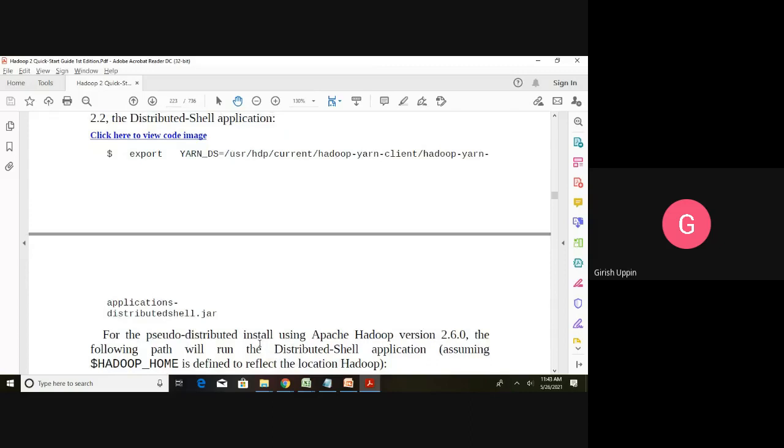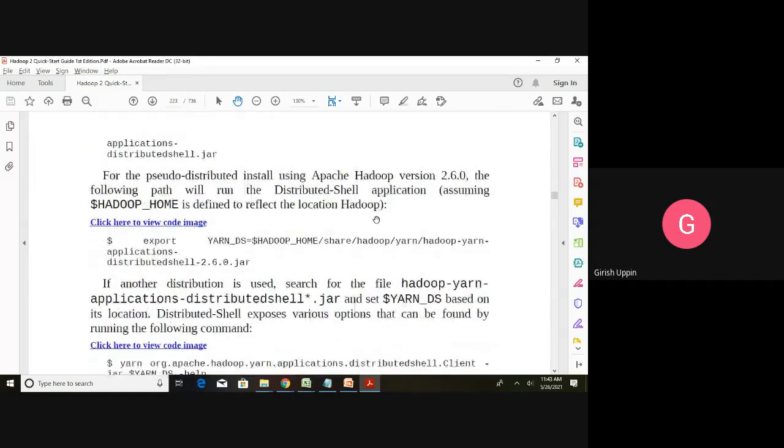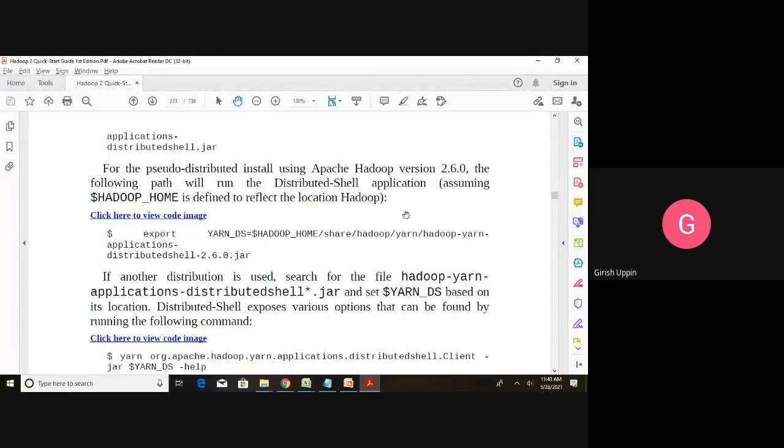If your version is different, you can use find. This example is given for the Apache version. If you have installed from Apache manually, then it would be this location.